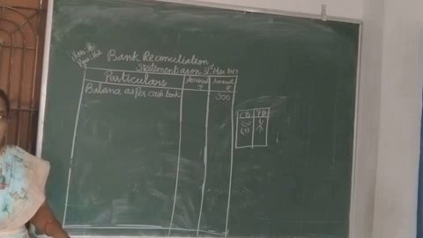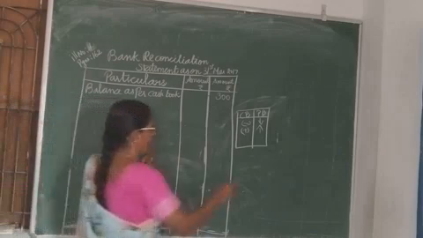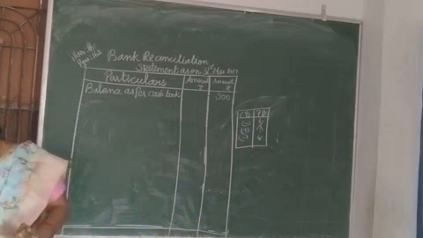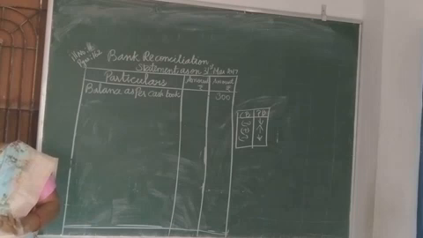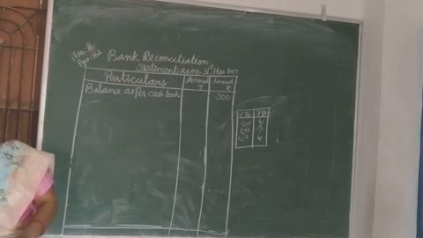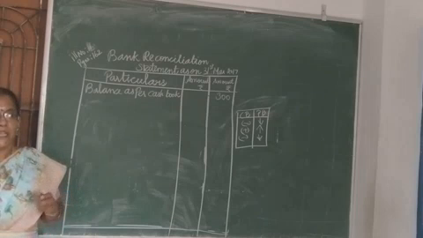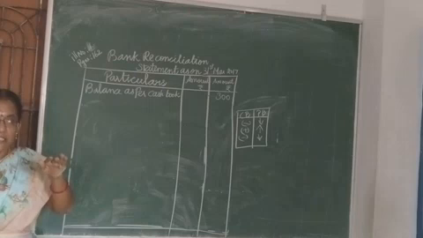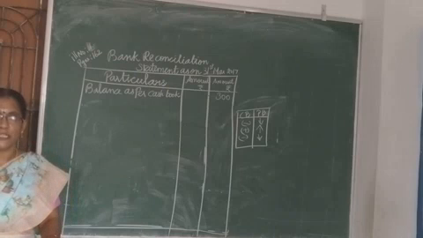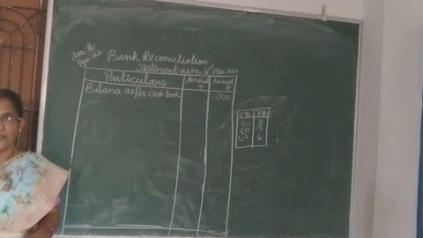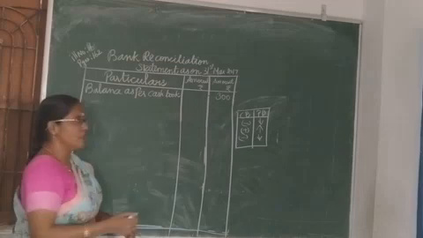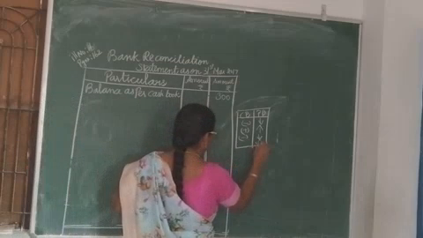So our bank balance will be reducing. So what do we have to do? We have to less. Then bank rent paid by bank as per standing instruction, rupees 200. Rent paid. So what is the transaction's effect? It decreases the balance as per passbook, isn't it? Because we paid rent from our account, the bank will take the amount. So it will reduce the balance.